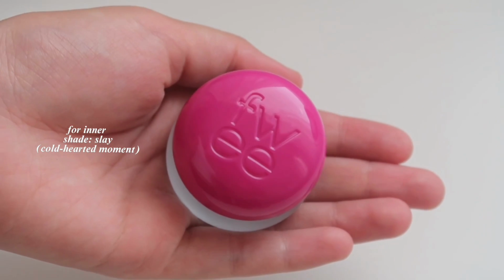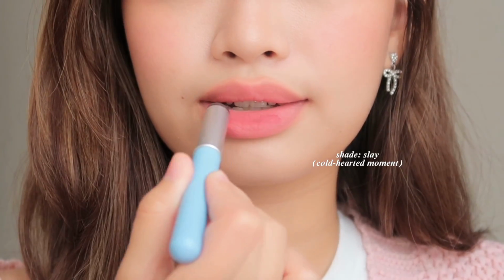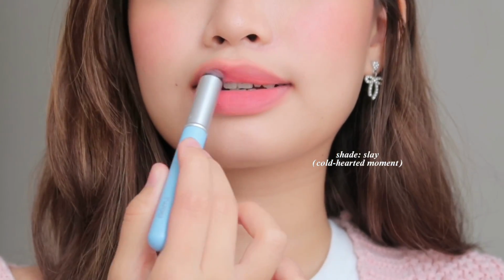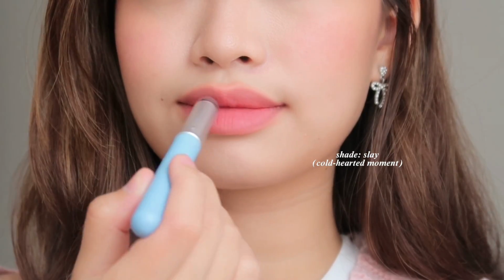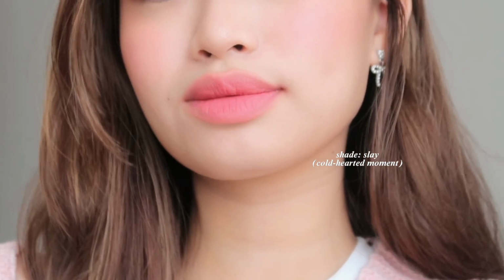So, as you can see, this is the first color, which is our base color. So, to create that gradient look, mag-a-add ako ng darker shade dito sa inner part of my lips. I'm gonna use the shade Slay from Cold Hearted Moment. So guys, this is what it looks like on my lips right now. So as you can see,